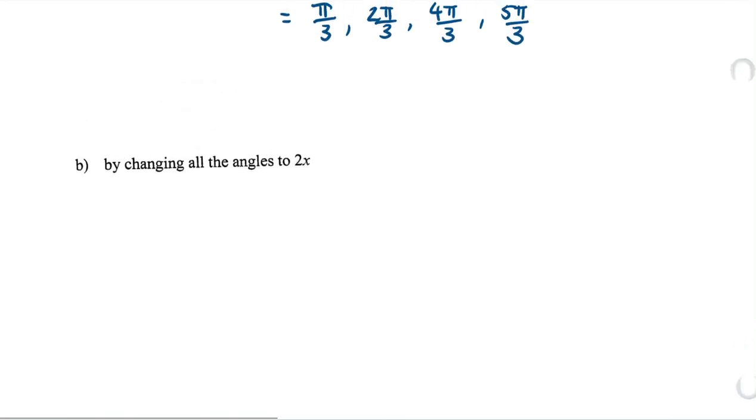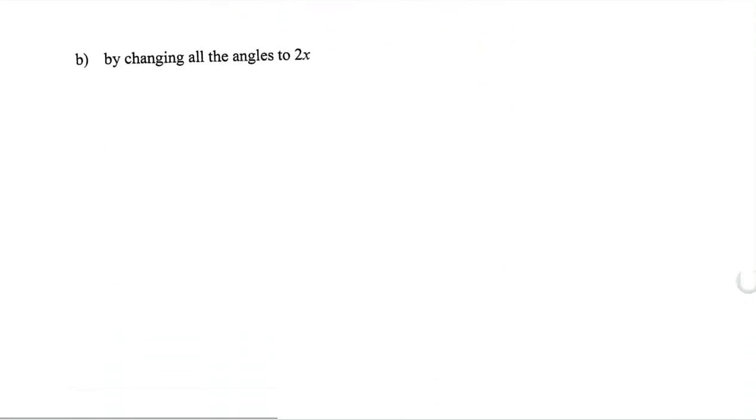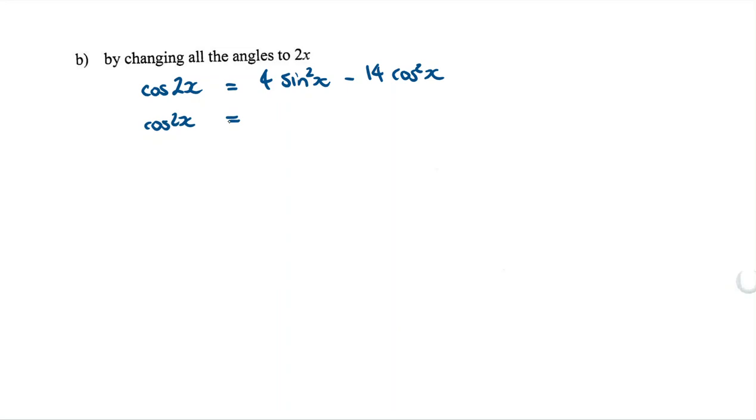Okay, so our rule was, I'll write the original equation down. So we started with cos 2x equals 4 sine squared x minus 14 cos squared x. That was the original question. We're changing the sine squared x using that formula that I just showed you. I'm going to leave the 4 out the front, and the sine squared becomes half